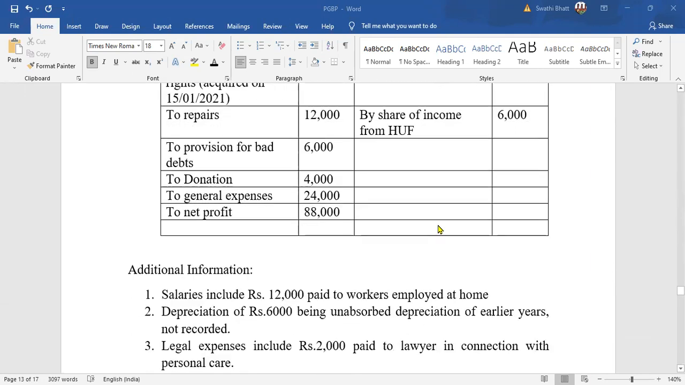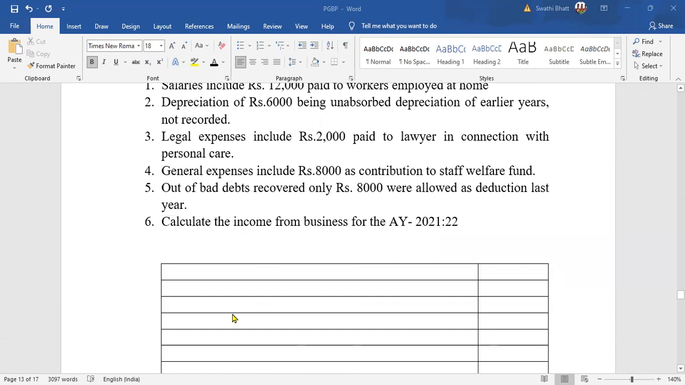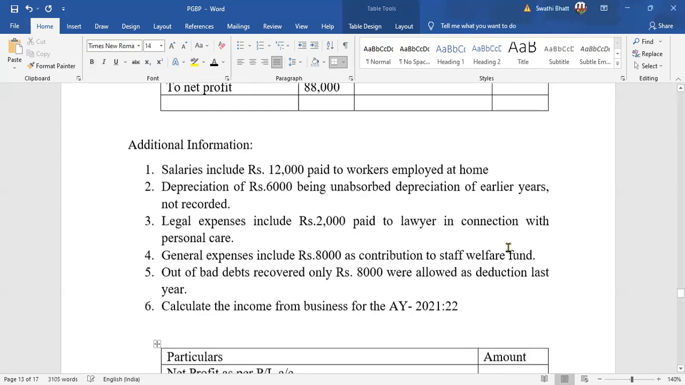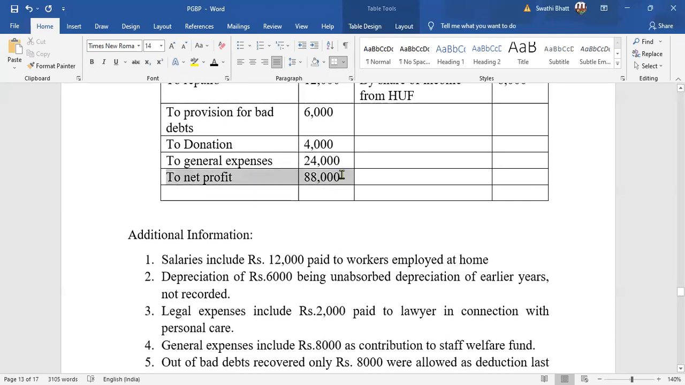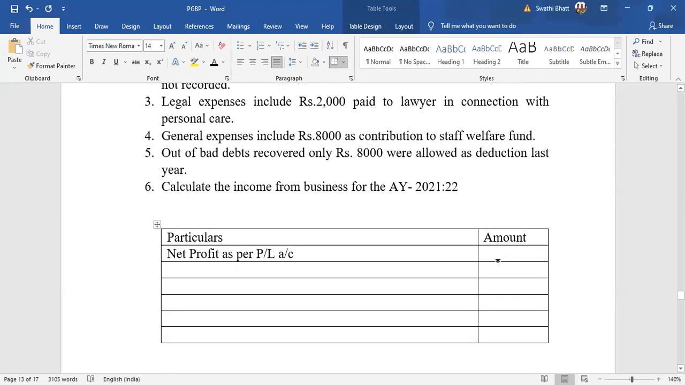So first of all, we start off our problem with net profit as per the profit and loss account. So you have two columns. One is your particulars. The next one is your amount. So you start the problem with net profit as per P&L account. And if you look at the question, the net profit that is given to us is 88,000. So we will be writing that 88,000. Next step is we will be adding inadmissible expenses